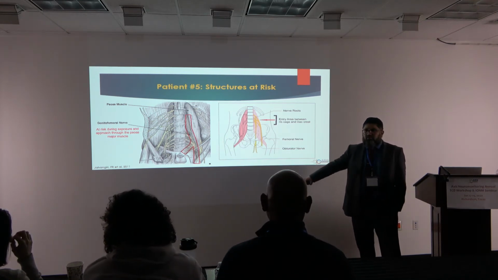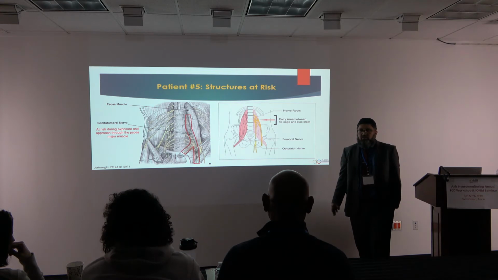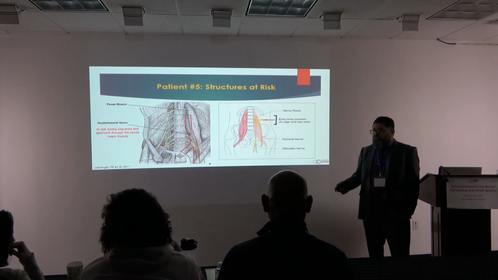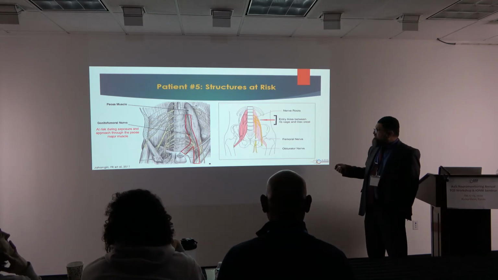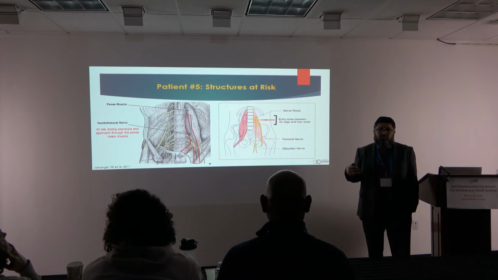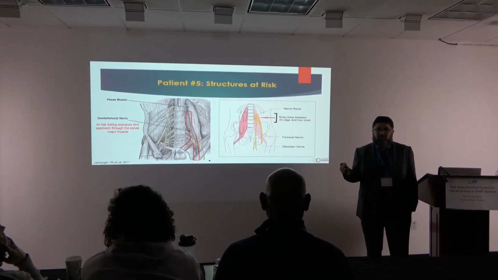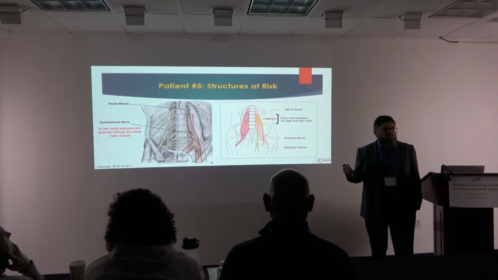And most of the time people are monitoring a regular tibial nerve SSEP for all these cases, which is kind of useless, because the tibial nerve is the last one to go. The most commonly injured nerve, with a 28 to 30% chance in the published paper, is the genitofemoral nerve. If that nerve is damaged, the patient will wake up with groin and lateral groin pain and lateral thigh numbness for the rest of life.